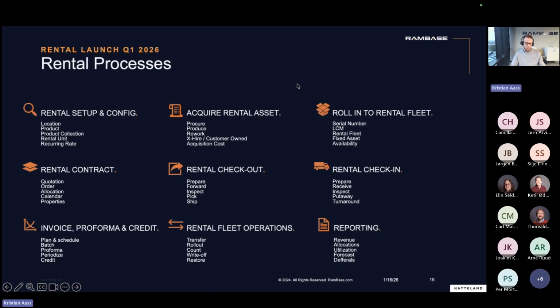I have a plan, but the point is that if you already know about some features and functions or processes that you're a bit curious on, you can put it in the chat or bring it up during the demo. I think what is mentioned on the slide here represents all the rental processes, and we will be a bit more focused on some of them